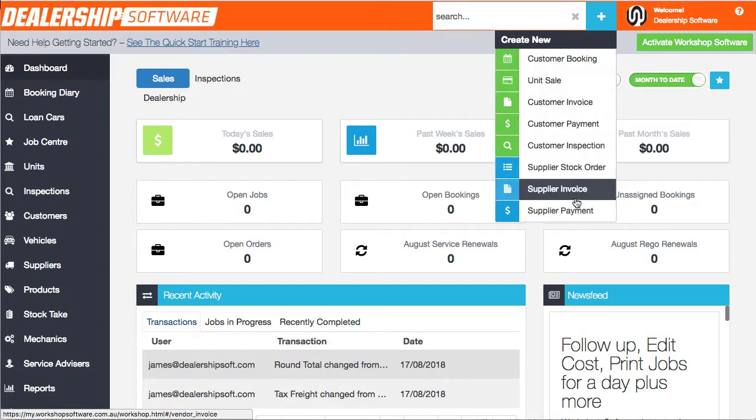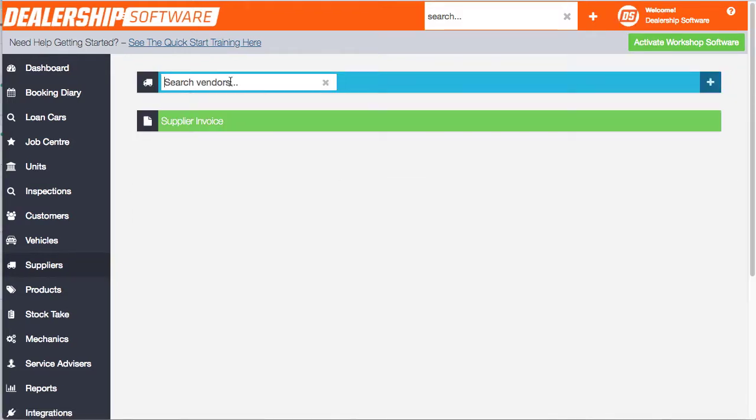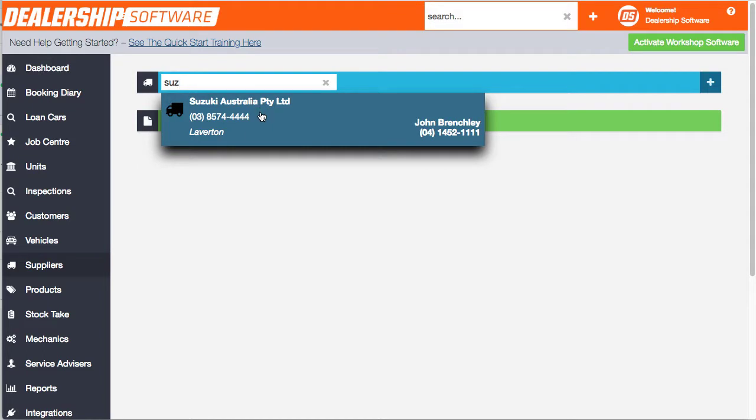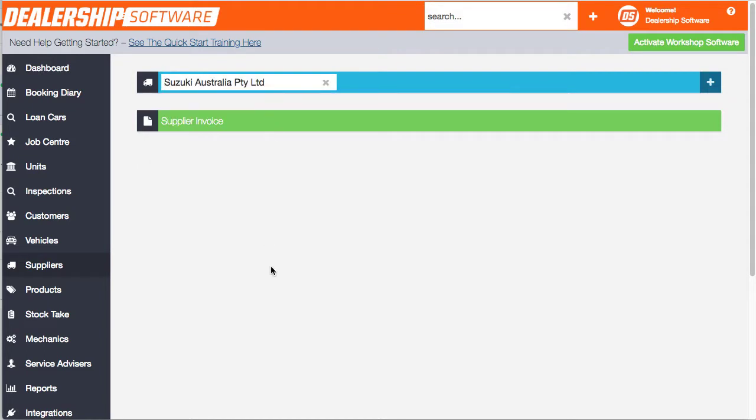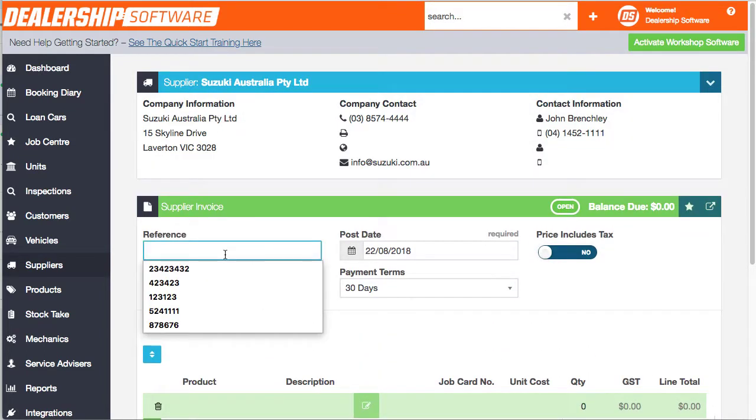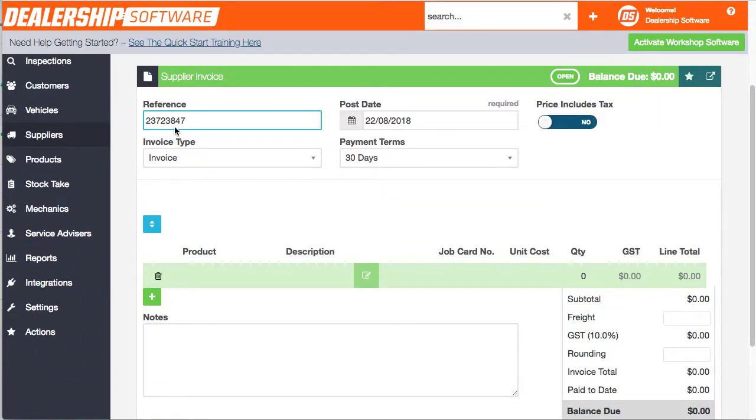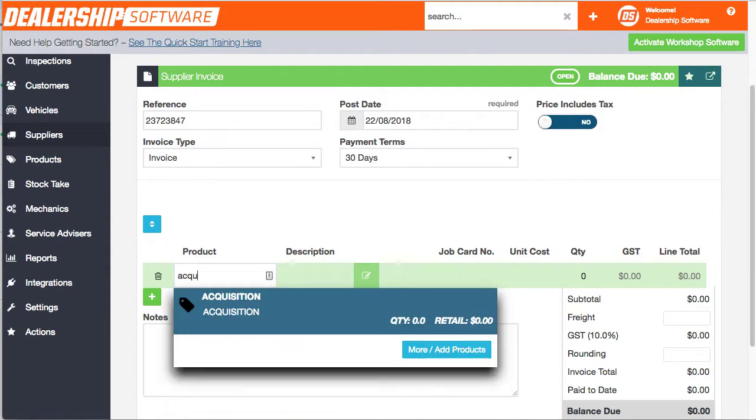So first up, I'm going to do a supplier invoice. The first thing we need to choose in our supplier invoice is the supplier. In this instance, we're going to choose Suzuki. I've set this up as a motorcycle dealer. As I said before, this could be any sort of dealer. What we do is put in the invoice number, and we're going to type in acquisition, which is